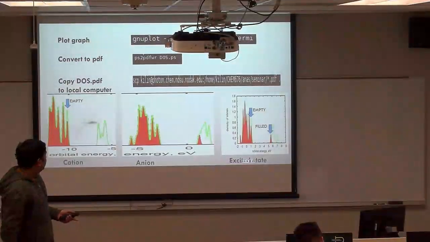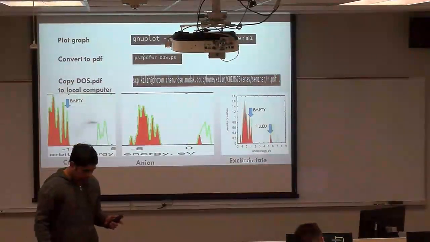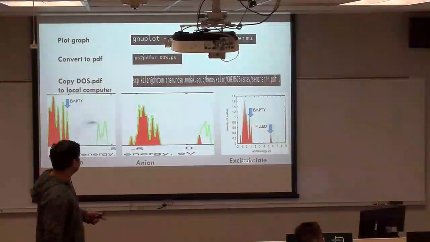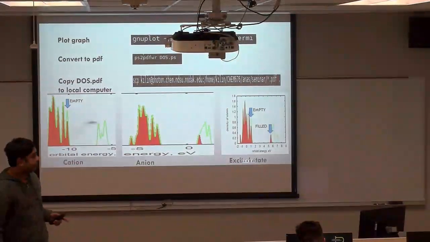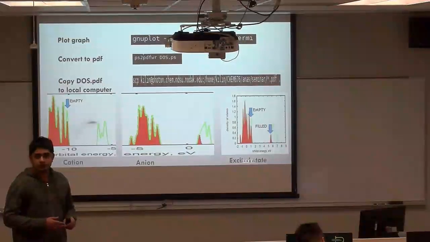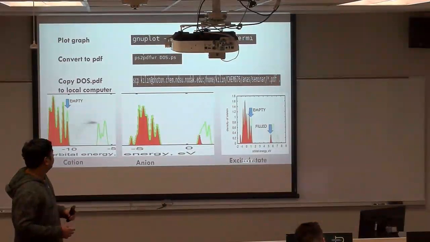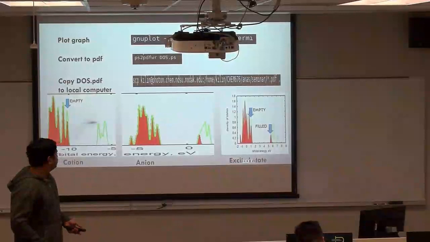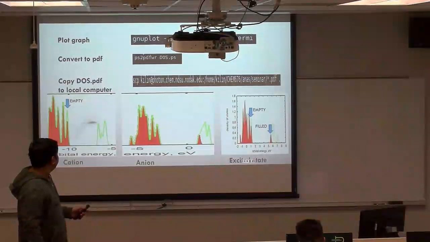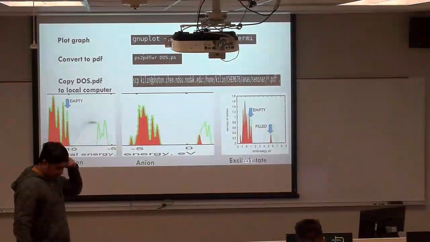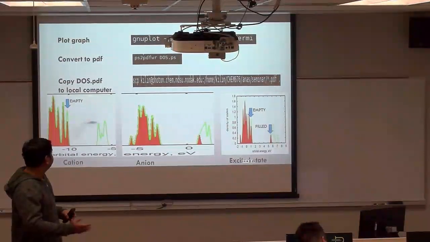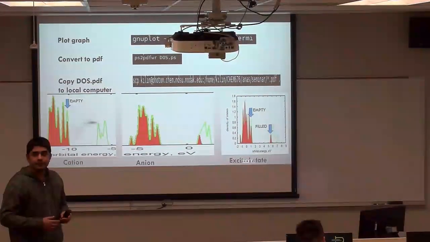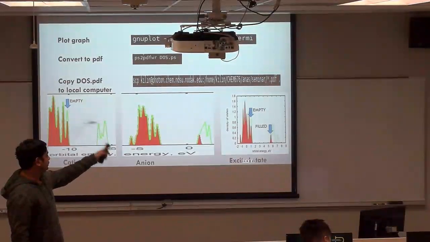So this will help us to plot another graph with gnuplot, by using this command bin gnuplot program dos for me, and we can convert the corresponding PS to PDF by this command ps2pdf dos.ps. And there is another command that we can use to migrate our generated PDF to our local computer.